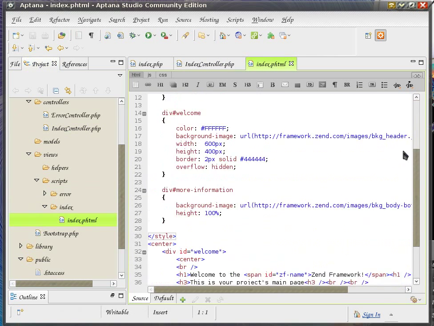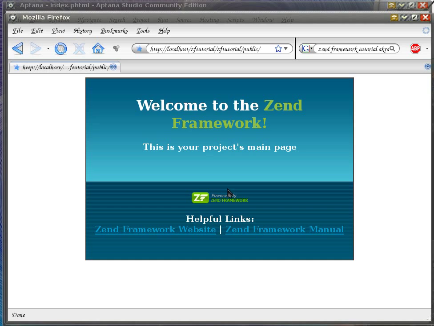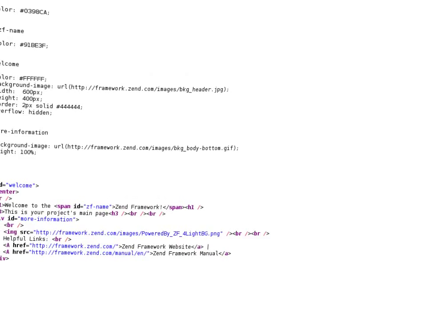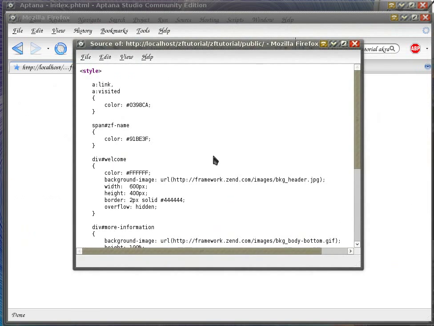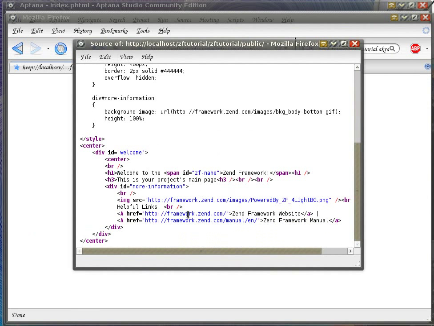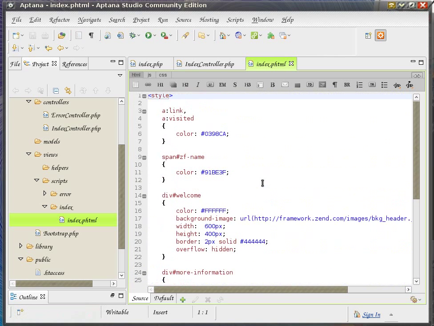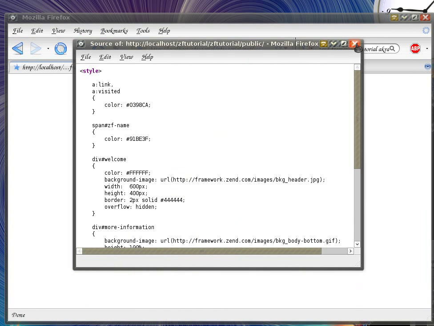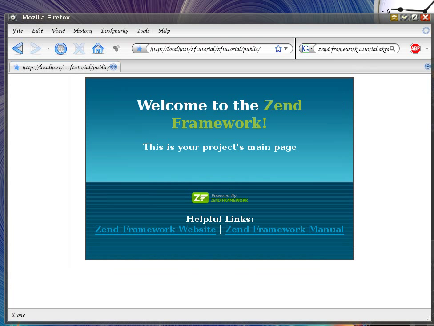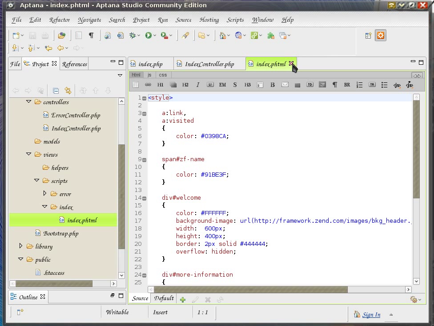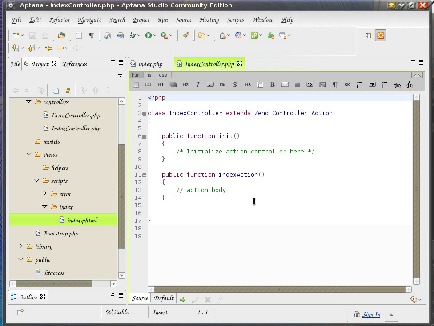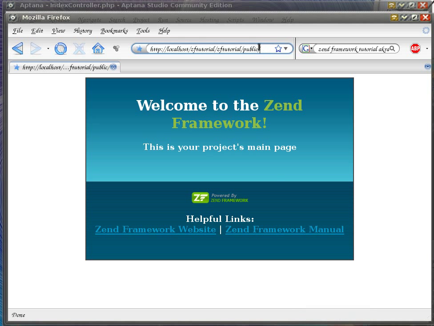So this code here corresponds to the source code in the browser. Notice it's the same thing. So how did it know what to pull up? Well, the default controller is index, so without typing anything after the public, it automatically assumes that I want to go to index controller,